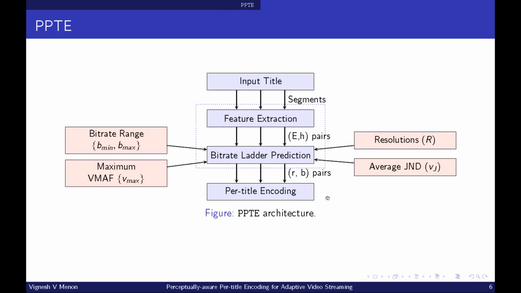The bitrate ladder is predicted using the spatial and temporal features of the segment and a set of predefined resolutions, maximum and minimum target bitrates, average JND, quality function of the bitrate ladder, and maximum VMAF of the bitrate ladder. The minimum bitrate, maximum bitrate, and maximum VMAF are inputs to the scheme to ensure that the predicted bitrates and VMAF values are within the specified range required by the streaming service provider. This ensures that the scheme can be tuned to accommodate an optimized number of representations in the bitrate ladder by considering the maximum bitrate and VMAF supported in the bitrate ladder of the streaming service provider.